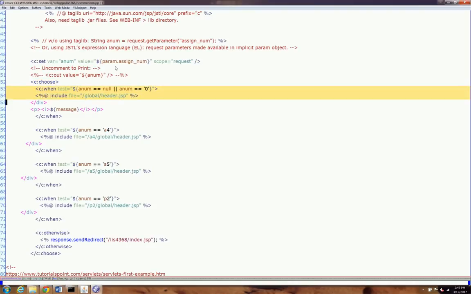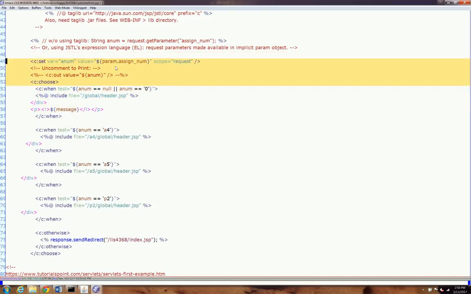Now, when a certain value is being accepted or retrieved, we can make decisions. Like, what do we want to put for a header? If it's A4, or A5, we could put a different header. Now here we're saying if in enum, the value that we're retrieving is null or 0, then what we want